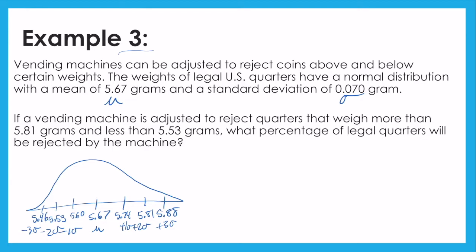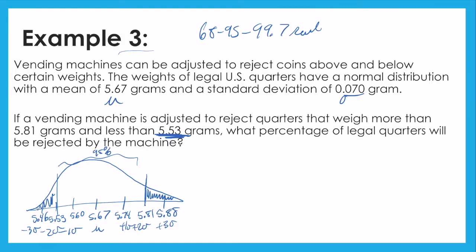So I was told that my vending machine is going to reject quarters that weigh more than 5.81 grams, so it's going to reject all these quarters, and less than 5.53 grams, so it's going to reject all these quarters. Well, note that 5.53 and 5.81 mark 2 standard deviations. So within 2 standard deviations, using the 68, 95, 99.7 rule, I have 95% of data within